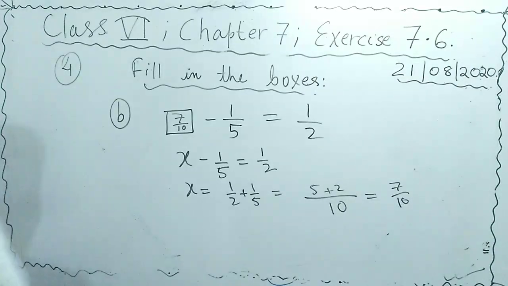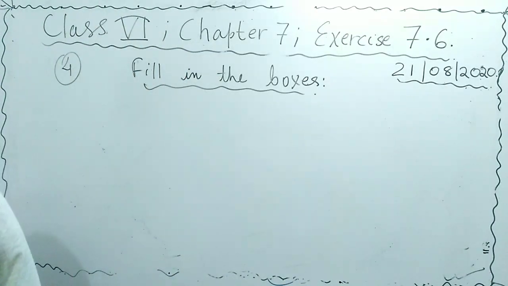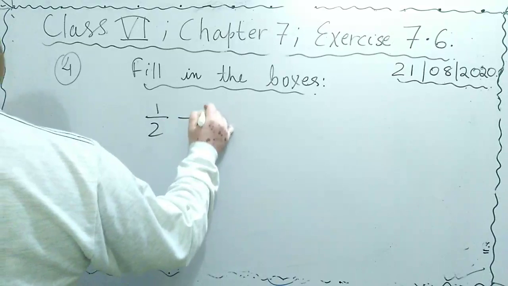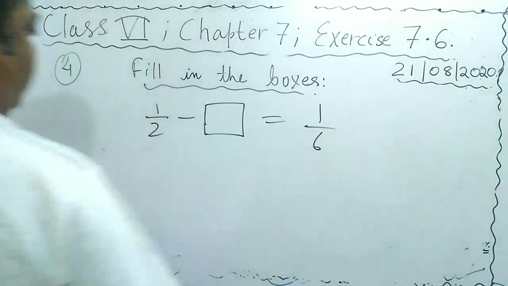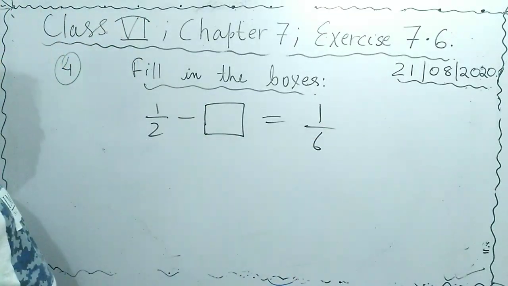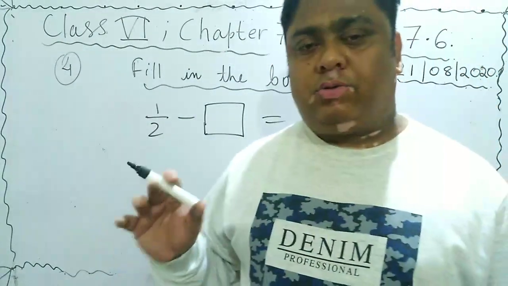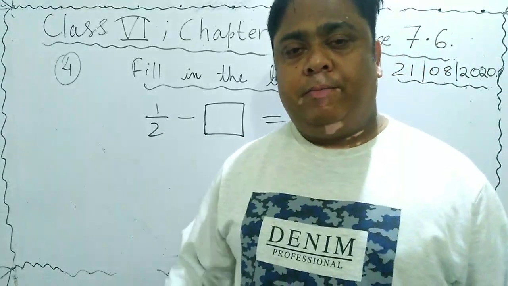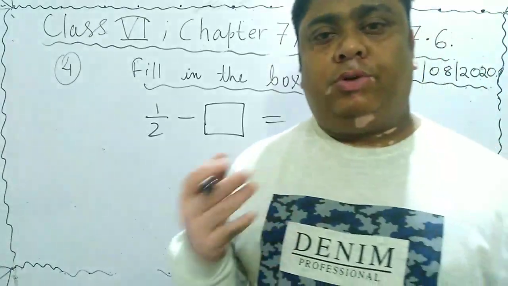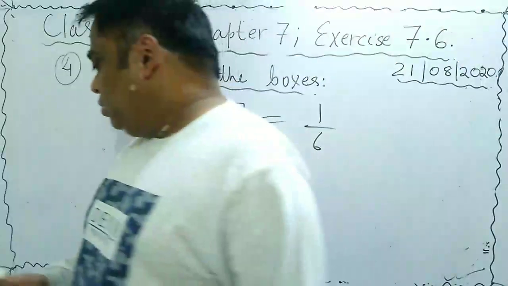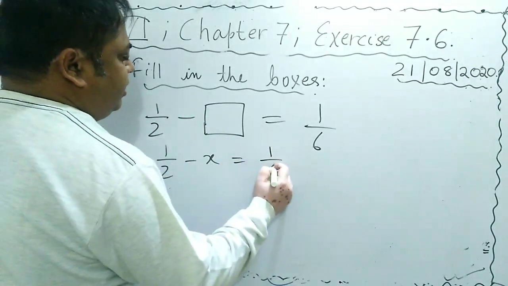Again, similar question is there in question number C. 1 by 2 minus box is equal to 1 by 6. Whichever value will not be known to us, we consider that as x. जो भी वैल्यू हमें पता नहीं रहेगा उसे हम x मान लेंगे, और फिर जो बचा हुआ वैल्यू रहेगा उसको हम LHS से RHS की तरफ लेके जाएंगे. जब भी हम किसी वैल्यू को LHS से RHS की तरफ लेके जाते हैं तो उसके पहले जो लगा हुआ साइन होता है वो साइन भी ऑपोजिट हो जाता है. ठीक है. तो इस बॉक्स के बदले में हमने यहाँ पे क्या लिखा, 1 by 2 minus x is equal to 1 by 6.